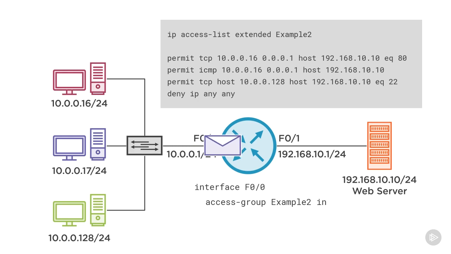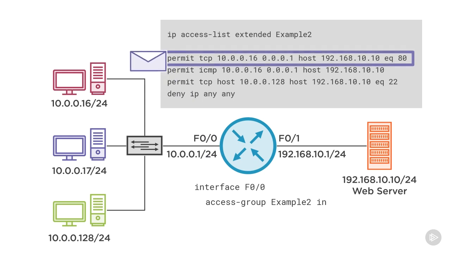Let's say that 10.0.0.17 is trying to SSH to the web server. Well, when that packet comes into the router, we're going to compare it to our access control list. We're trying to SSH, which means the destination port is going to be 22. And in this case, our destination port is 80. So we have a match on the protocol. SSH uses TCP. We have a match on the source IP address because we're coming from 10.0.0.17. So our source address matches. And then we are going to a destination of 192.168.10.10. Our destination address matches, but our port number doesn't match because this is looking for port 80 and we need